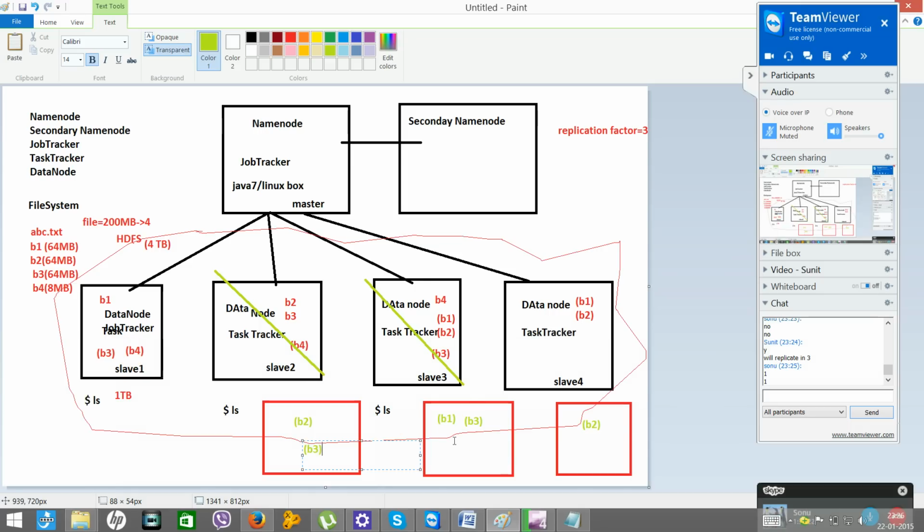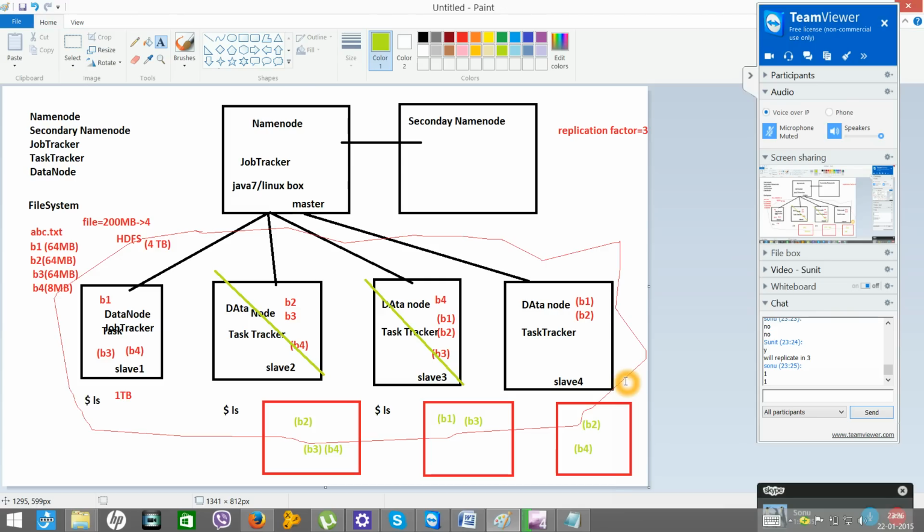Only 1. So B4 may be stored here itself. Here also. So now did we meet the replication of 3 for all the blocks? Yes, so this is how Hadoop makes sure that the data is not under replicated.